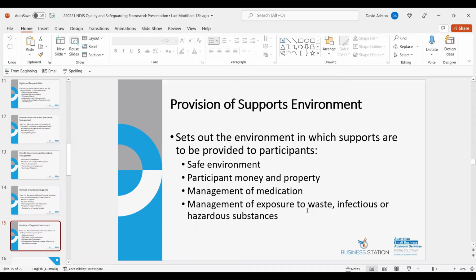So the other one is managing participant money and property. You need to do that in a secure manner, and the participants use their own money and property as they determine. So they have a right to use their own money. You need to facilitate that. But their money is managed, protected and accounted for, developed, applied and reviewed and communicated. So this might be the case also where you have access to their money, then you need to document procedures as to the prudent and appropriate use of that money and property.